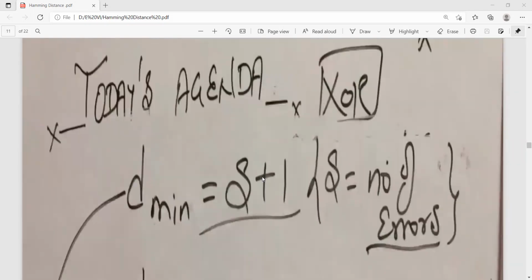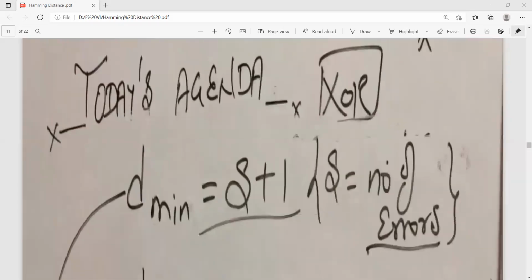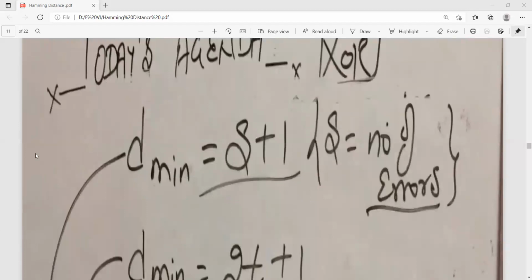So in general, there is a formula for the number of errors. If we know the minimum Hamming distance, D minimum is equal to S plus 1, where S is the number of errors in the received data.